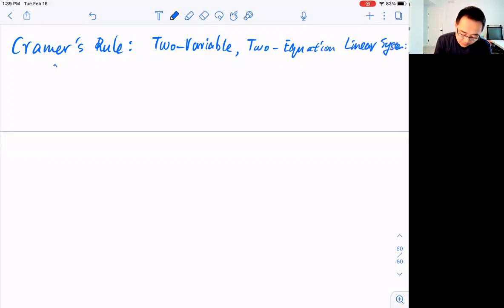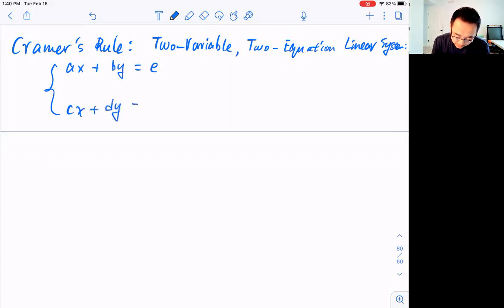Okay, so what I mean by that is if you have two equations where it's ax plus by equals e, and then cx plus dy equals f. Okay, you have two equations you can solve. And then what's going to happen is that using Cramer's rule, you know that x equals dx over d and y equals dy over d, where,